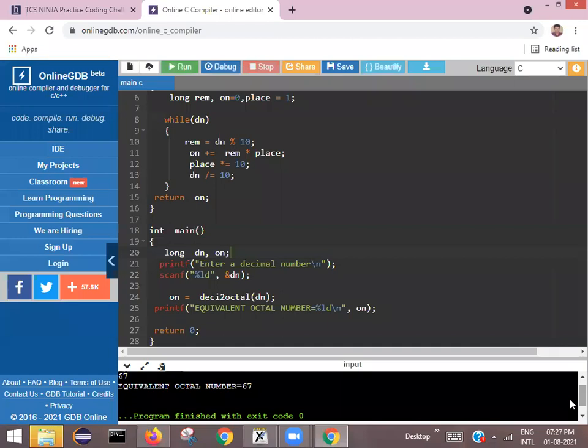Yeah, here we made a mistake. Can you guess what mistake we made? The equivalent octal number also... place.